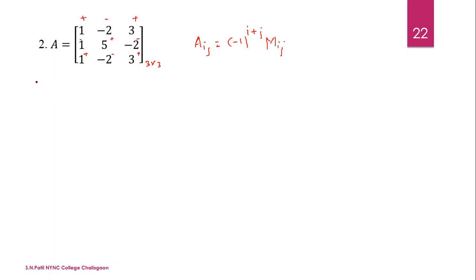That is A11 is equal to minus 1 raised to i plus j, but instead of this simplification, you directly write plus. Plus means keep the term as it is. The minor of this element, deleting row and column, we calculate Mij and the sign is positive. See here, the sign is positive. The minor of the first element, at the first position A11, deleting row and column, is 5 into minus 2 minus 2.